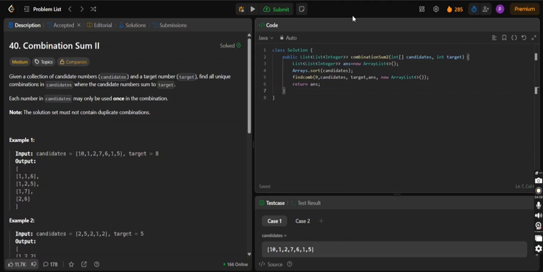Now let's move to making the findCom recursive function.